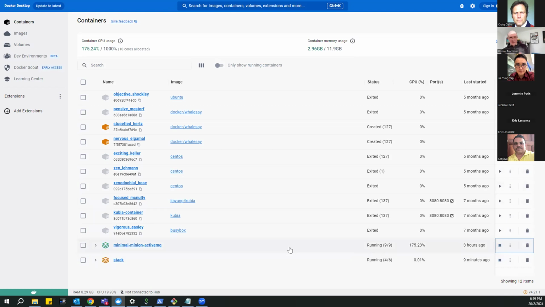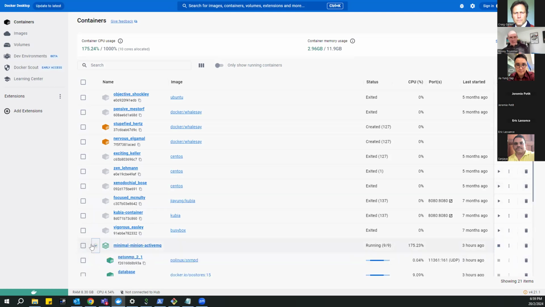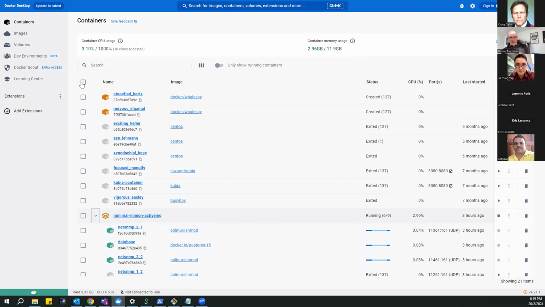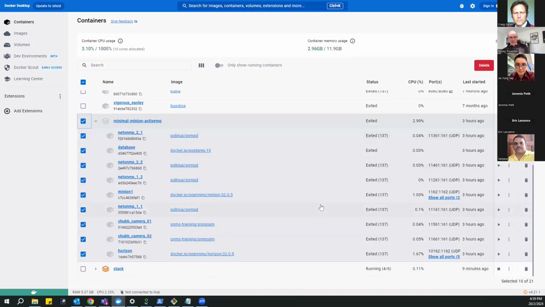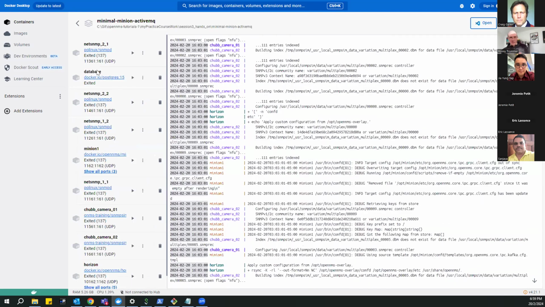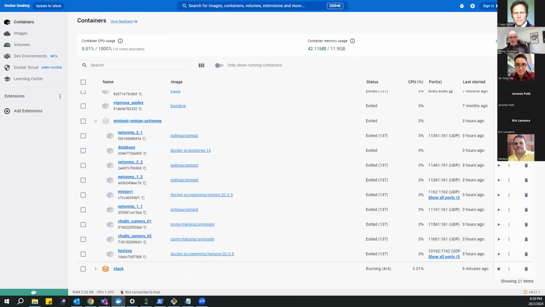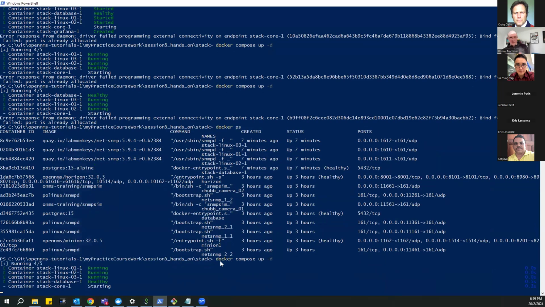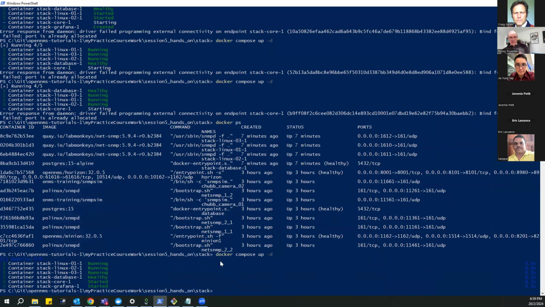If you select the whole thing, the checkbox at the beginning, here, exactly here, that means all containers in that stack, and then you can stop them or delete them or whatever. Yeah. Okay. So now you should be able to run it, because they all exited now. Okay, I think it's good now.